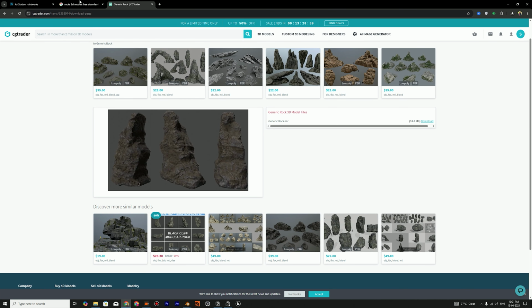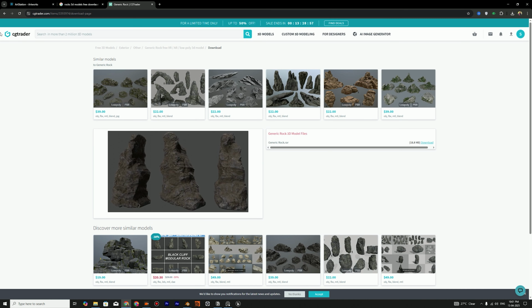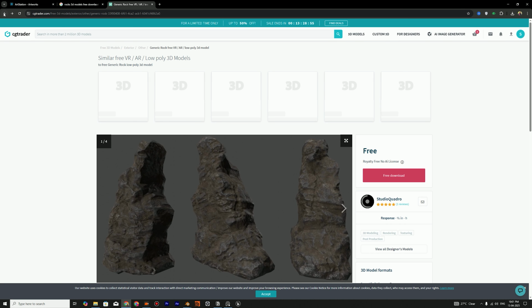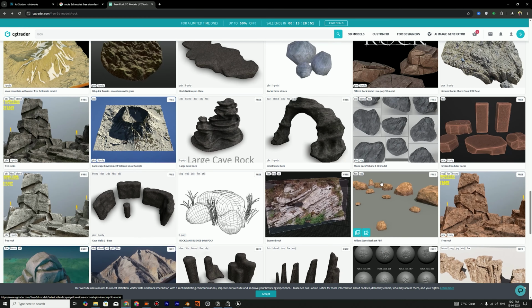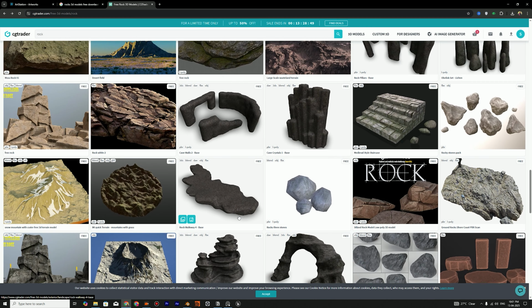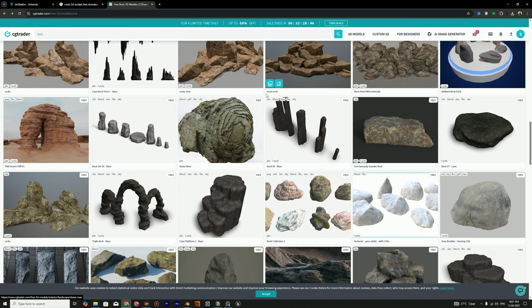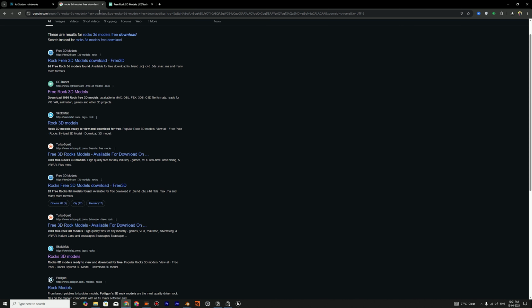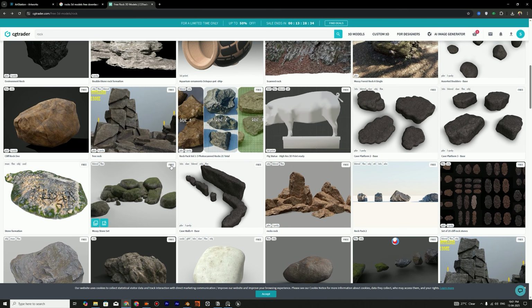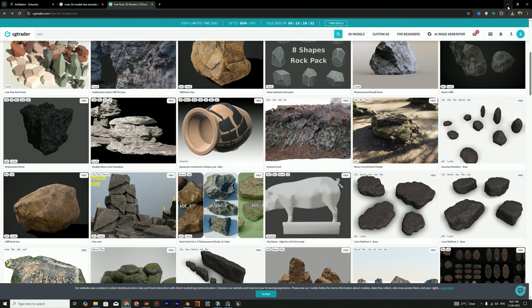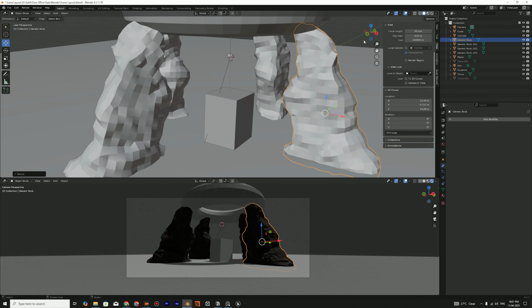So from these websites you can collect as many 3D models as you want for your 3D scenes, like this rock, this rock, and various types of rocks. You can get them from 3D traders and Sketchfab. So that's how I collect all the assets first of all,